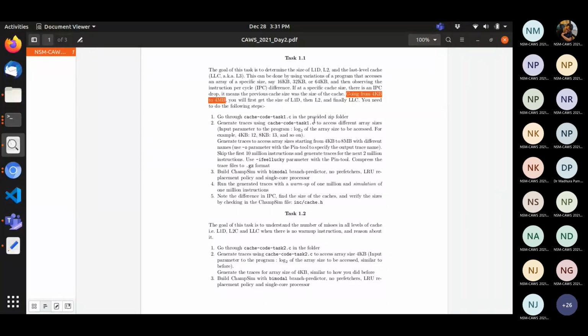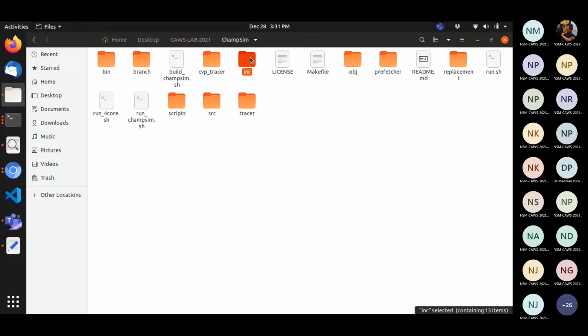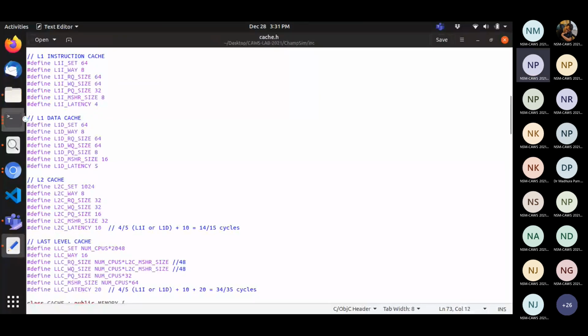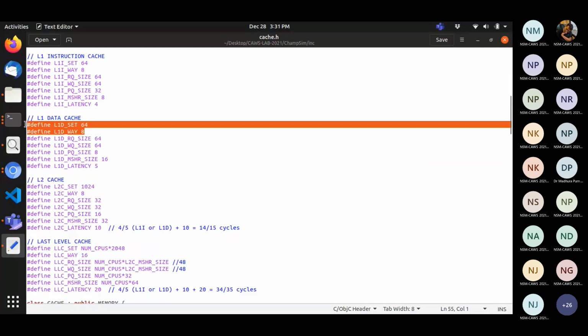After that you can validate the cache size from the file inc/cache.h because it is already defined there. It will be inside your ChampSim folder, in the inc folder, then cache.h. For the L1D data cache, it gives the number of sets and number of ways.